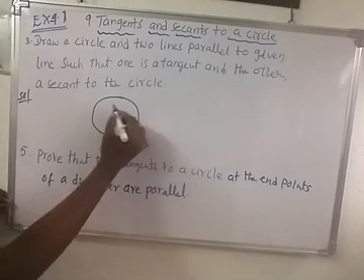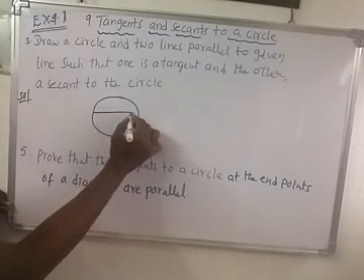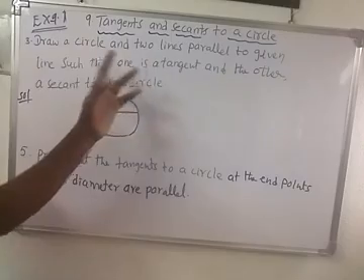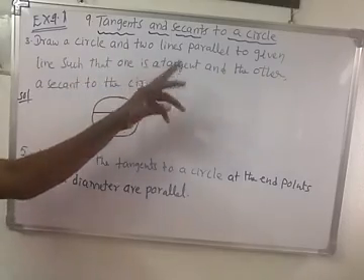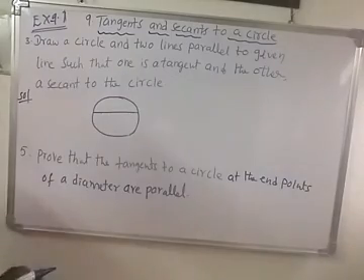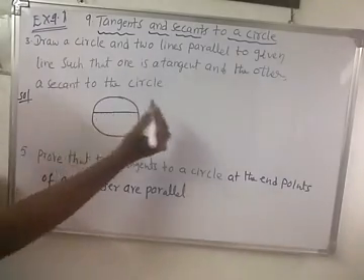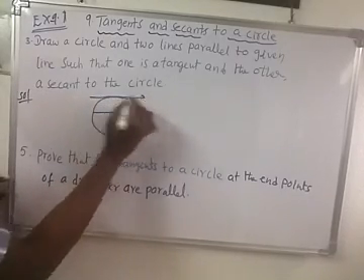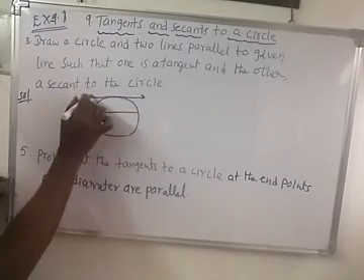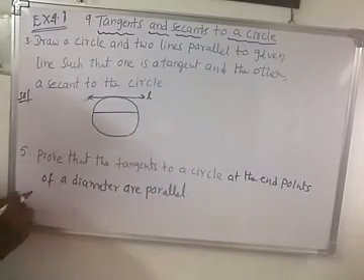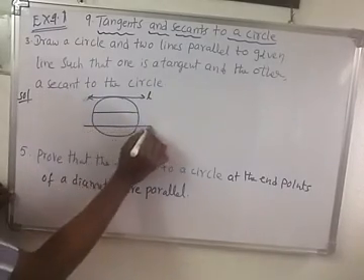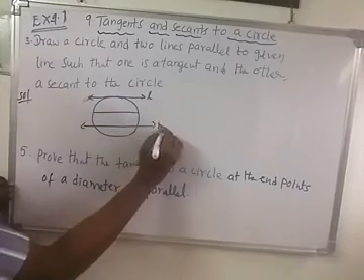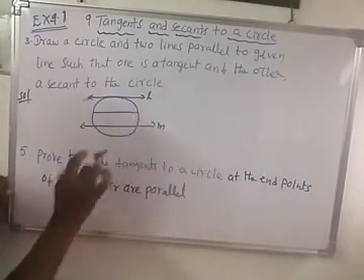So we take a line, a given line, such that one is a tangent and the other is a secant. So one, we draw a tangent of the circle. This line is the tangent of the circle, that is L. Next, another one is a secant of the circle. These both are parallel. This is M. So here L is parallel to M.